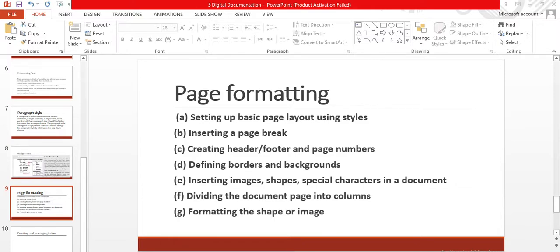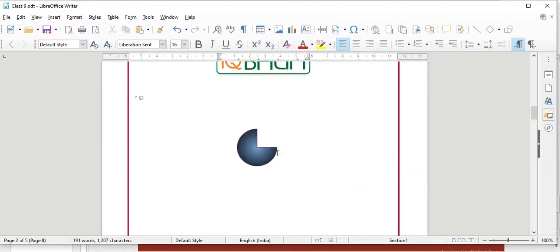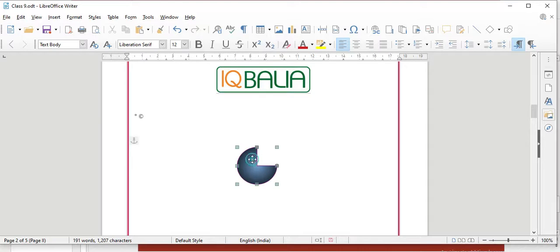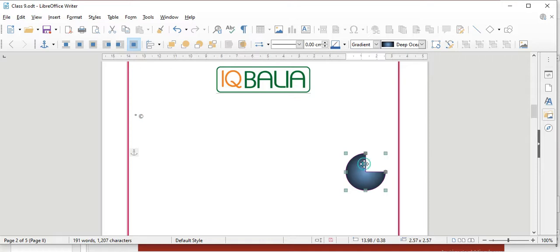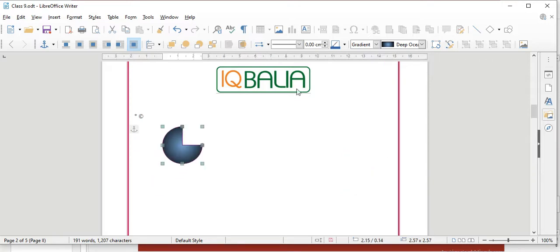When you select any image or shape, you will see the toolbar appearing. From here you can change, you can move. By just clicking and dragging, you can change the position. If you want to, you can format your image.